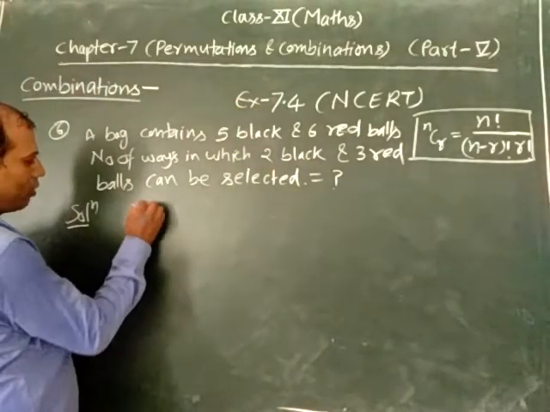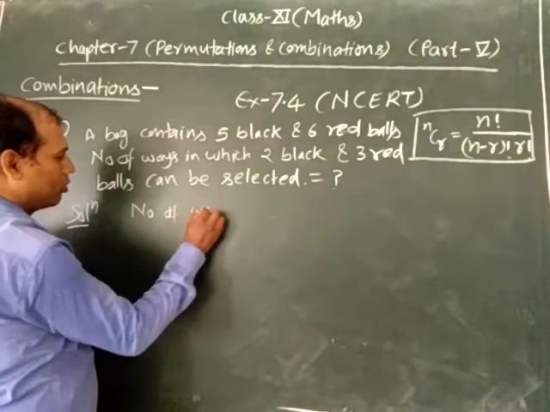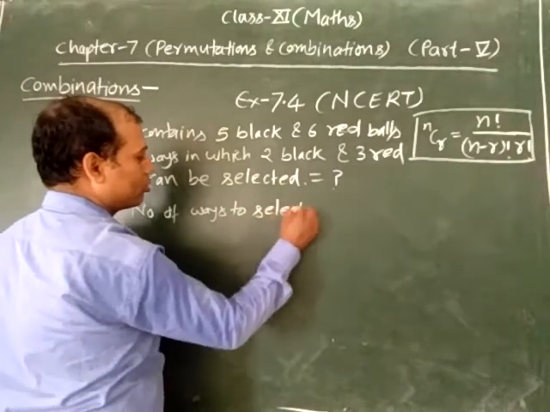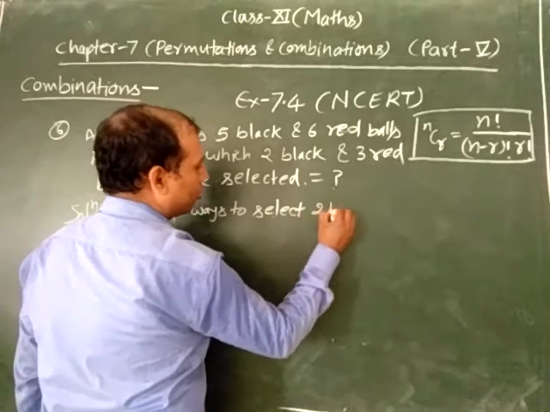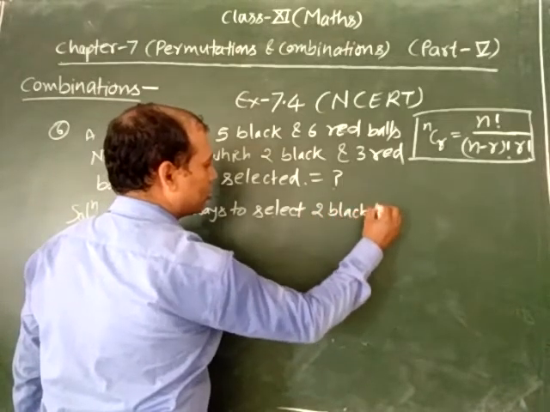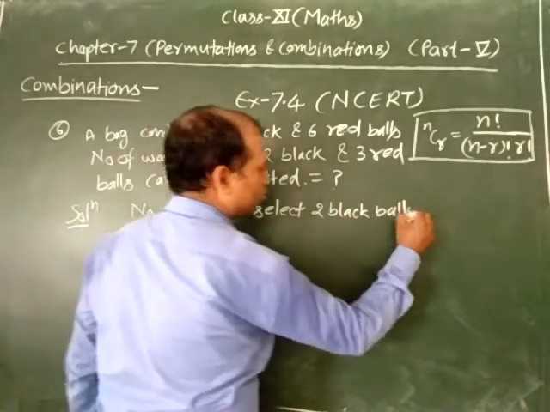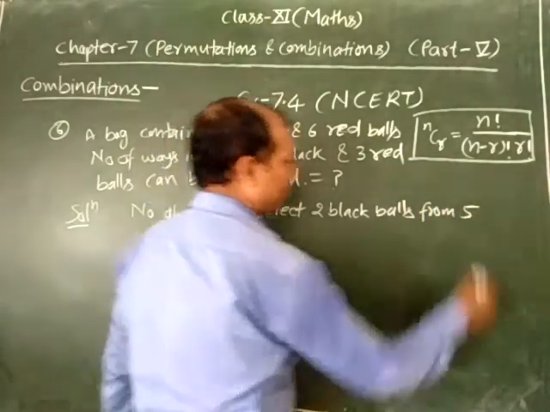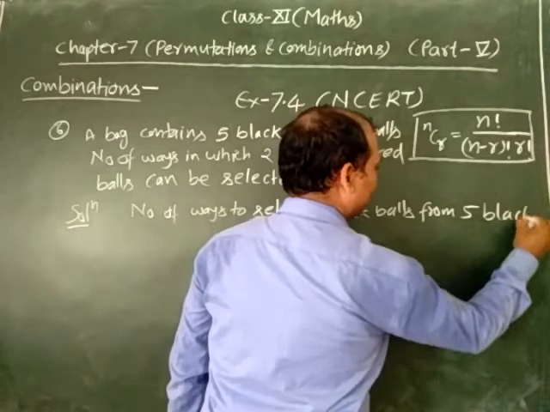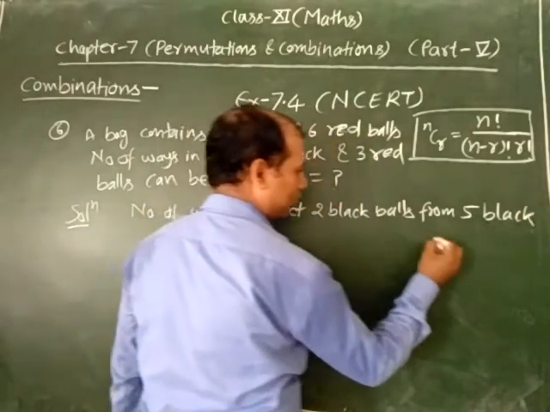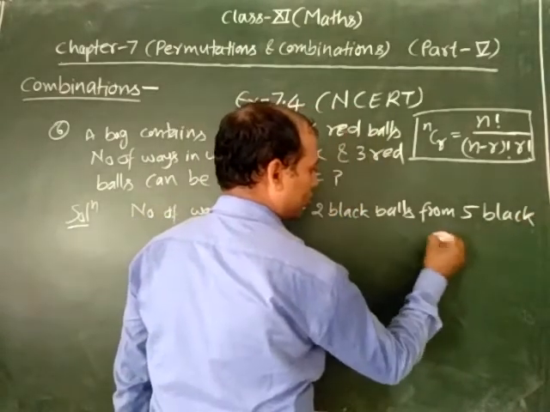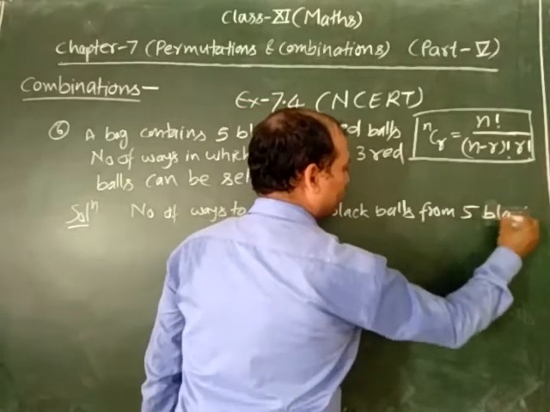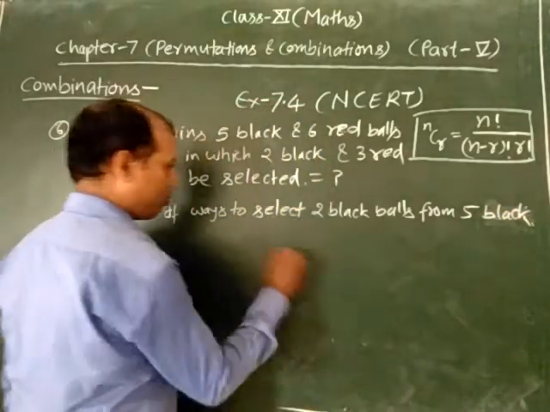So the number of ways to select 2 black balls from 5 black balls